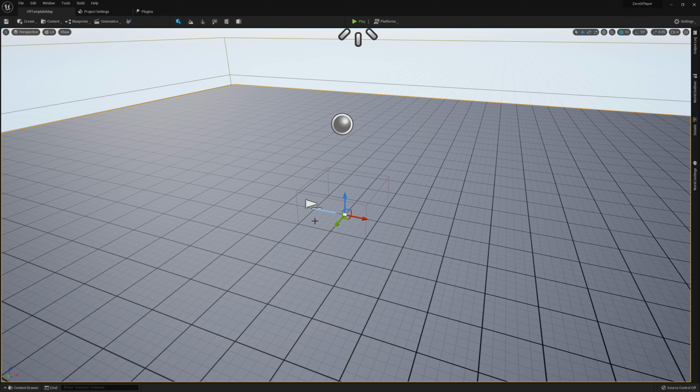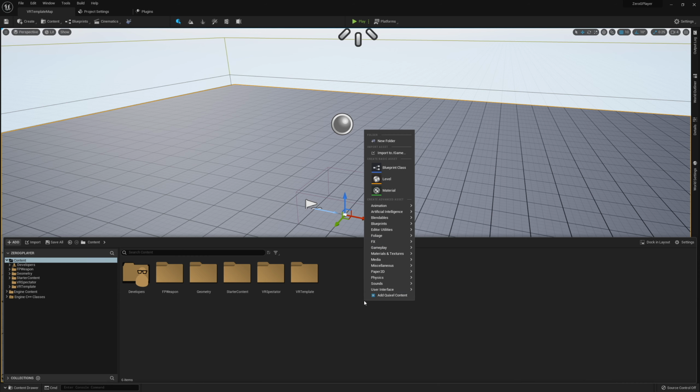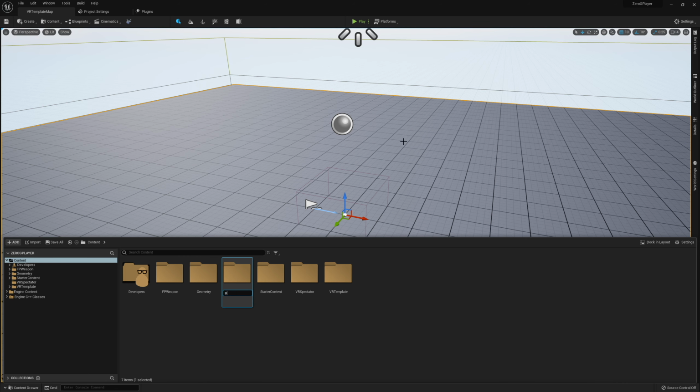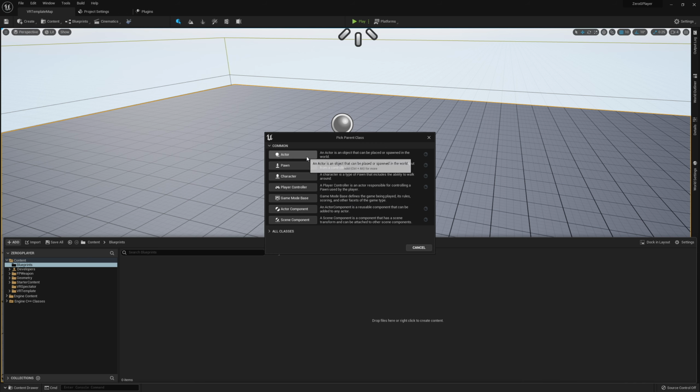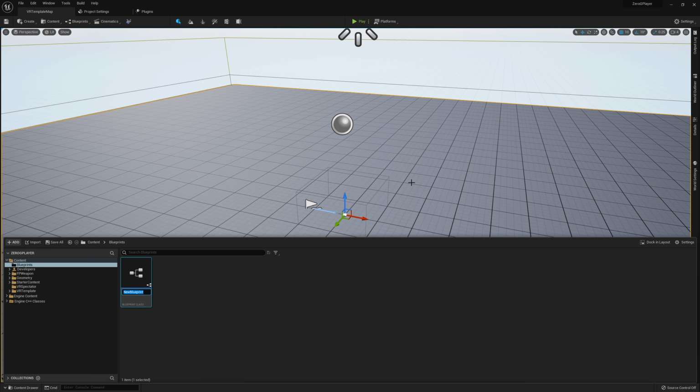So now I have the project open, let's go and get started here. I'm going to start by opening up the content browser. I'm going to create a new folder here called Blueprints. This is just because we're going to have a couple things here, and I just want to make sure we have them nice and organized. So I'm going to create a new blueprint class of type actor. And I'm just going to call this